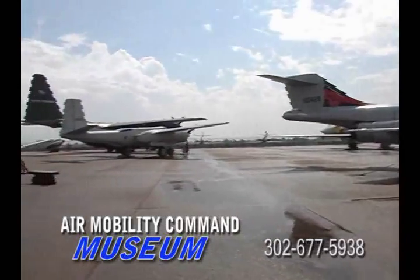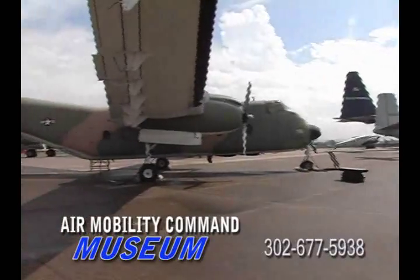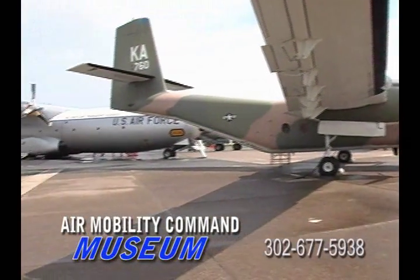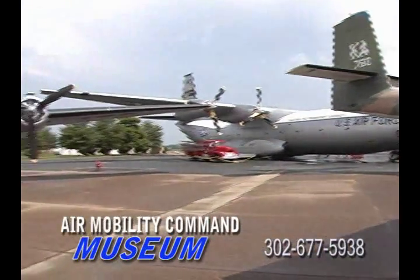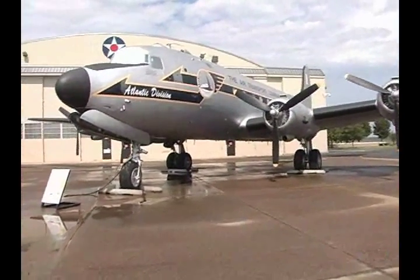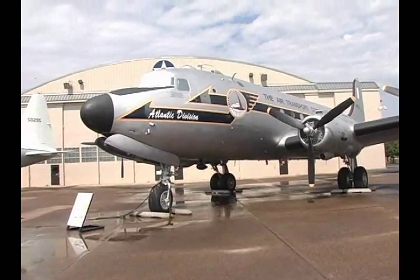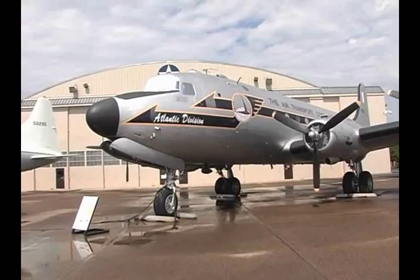So the most important airplane out here, by some estimations, that shouldn't be sitting out is this C-54. It is actually a veteran of the Berlin airlift, and it's the last C-54 left in the world that was specially modified to haul coal during the Berlin airlift. If you haven't checked your history books lately,